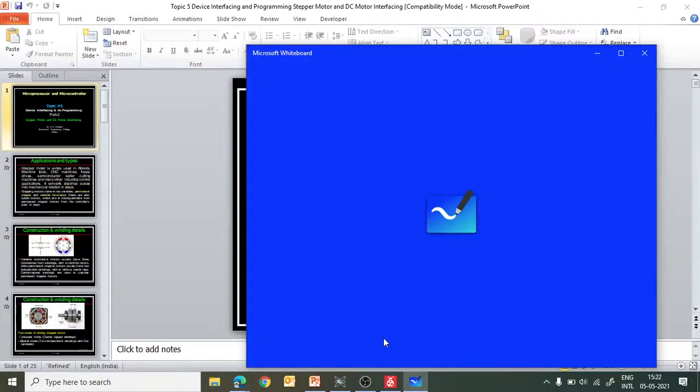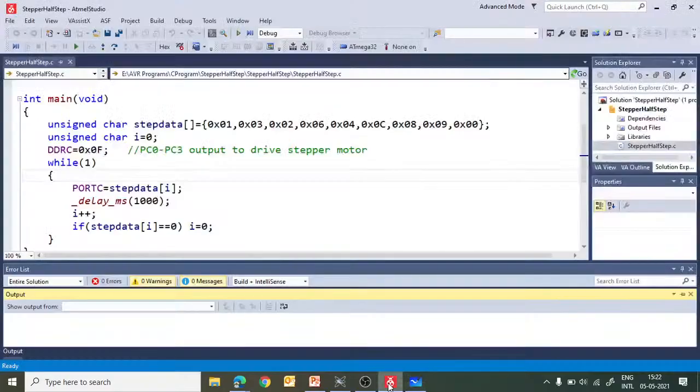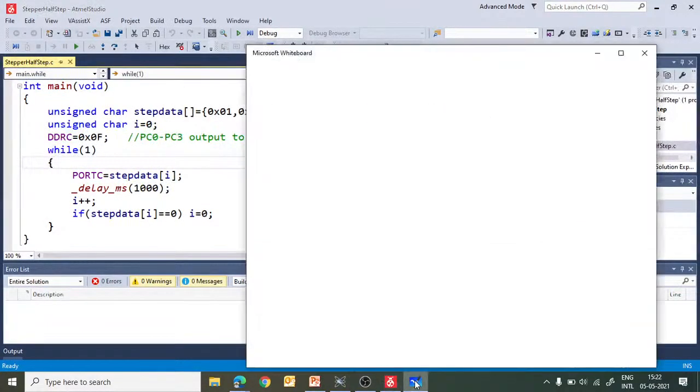So let me start this whiteboard so that I can show you the diagram, and after that we will write programs for half step mode. And I am sure that you must have solved the exercise which was given during the last session.